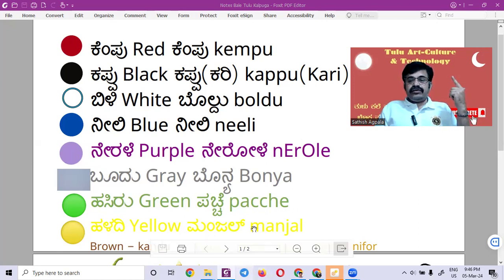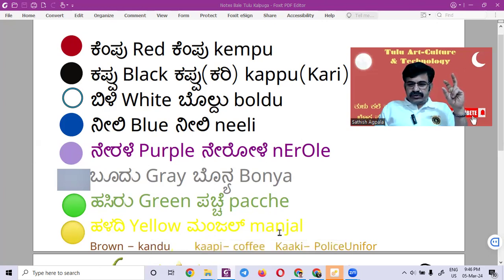Yellow, Aradala. Okay, these are pure organic products they are using in Yakshagana. Normally now it is chemicals that people are using, but in older days they prepared organic colors for their use.